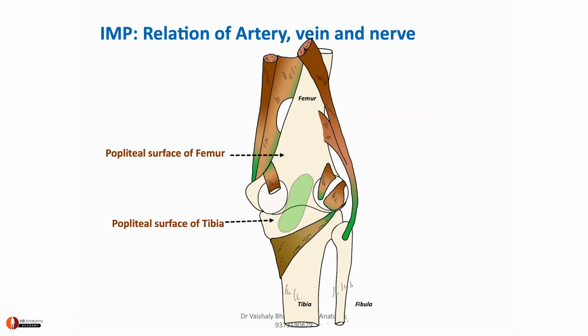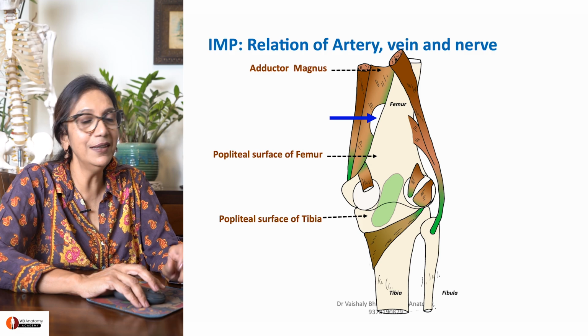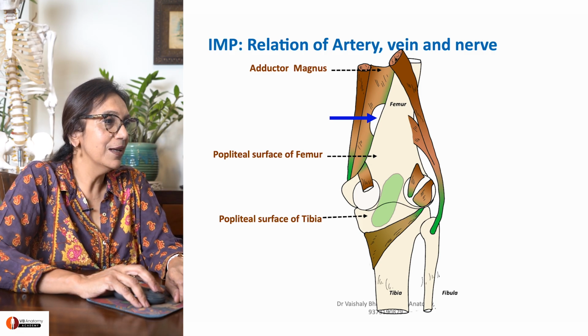Come on. So I'm going to put a concept in front of you. So what is the concept? The concept is that here's your adductor magnus. Here's your hiatus magnus. Hiatus magnus is an opening in the adductor magnus muscle. I've taught this many times. Please go see the other lectures to understand a little more detail about adductor magnus. But you can see that it's an opening in the muscle, right?